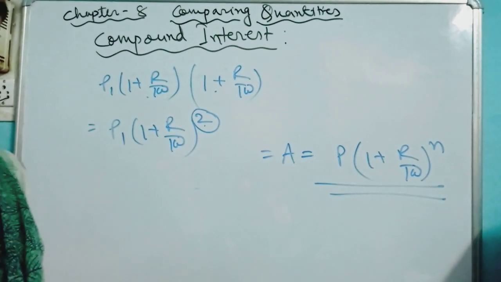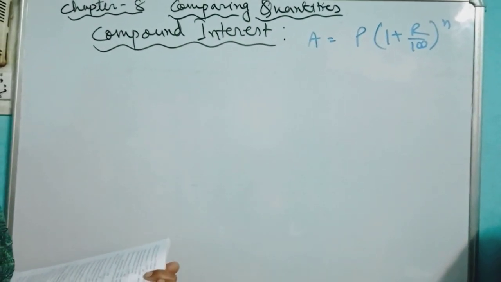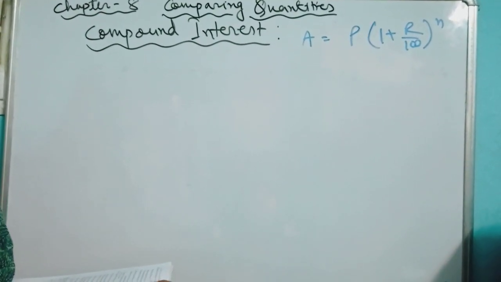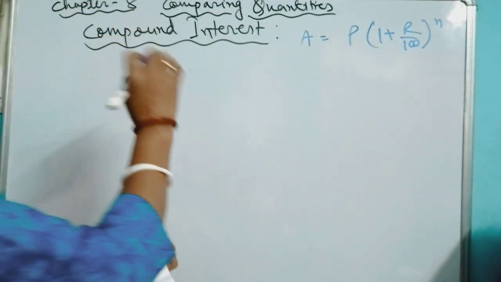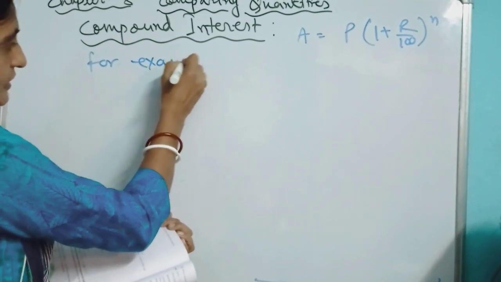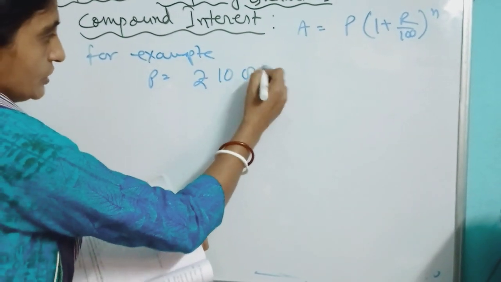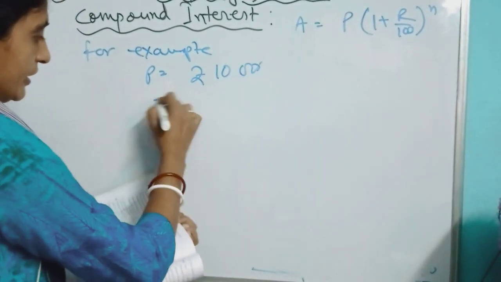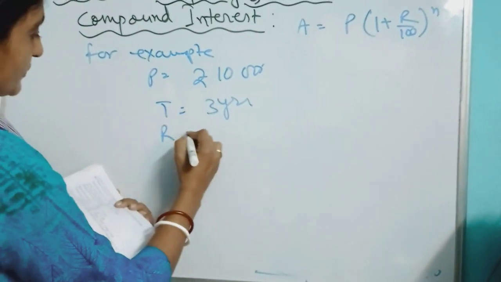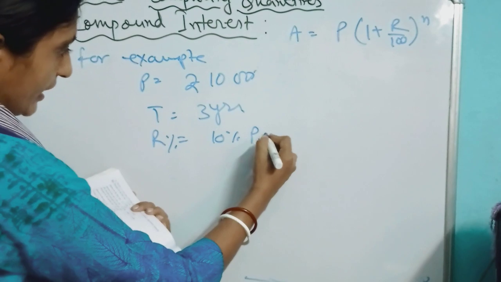Okay, let's come to some examples from your book. Here I have taken one example. Calculate the compound interest that Gokulchand will get by investing rupees 1000 for 3 years at the rate of 10%. So what are the things that have been given? I have given this question as an example. Here principal has been given, rupees 1000, and time has been given for 3 years, and rate percent has been given, that is 10% per annum.